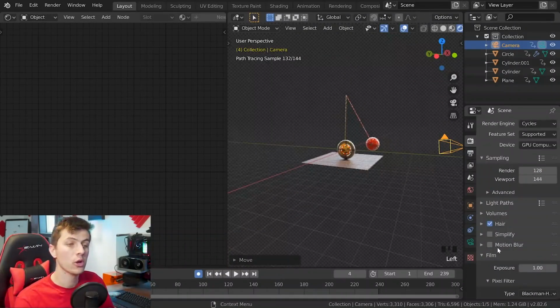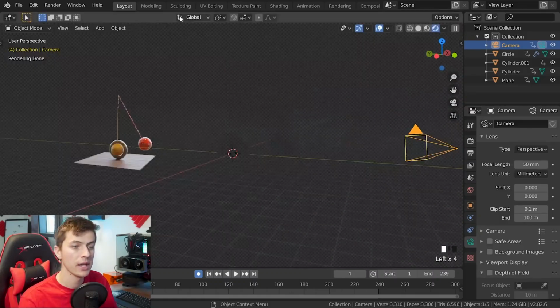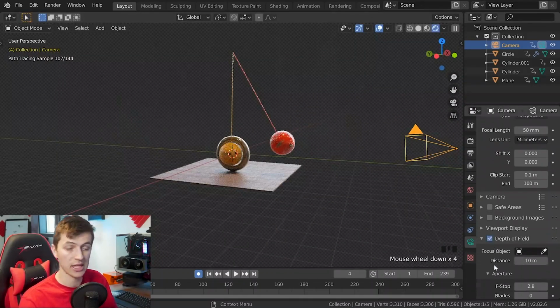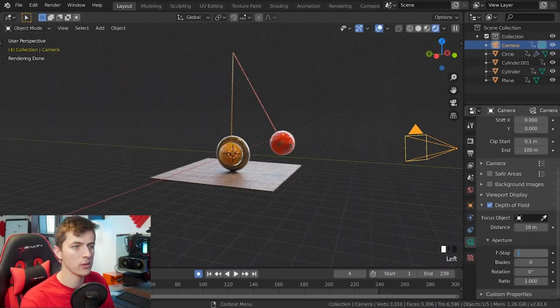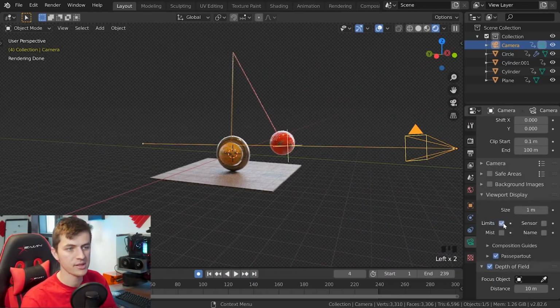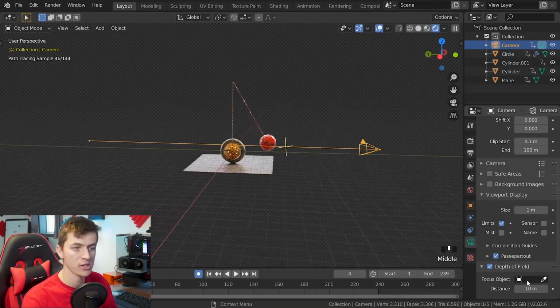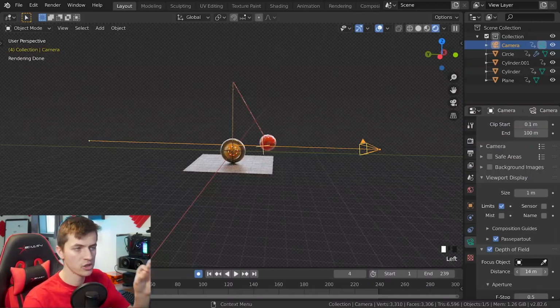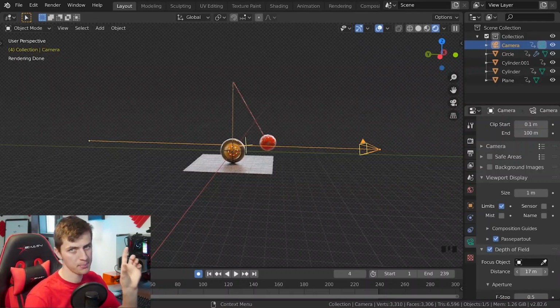And then we'll also go to our camera settings, and over on the right here we can enable depth of field and then change the f-stop down to something like a 0.5 for a nice shallow depth of field effect. If we enable limits in the viewport display, you can see that plus is going to be our focused object. So I'm just adjusting the distance here then to make sure that plus is right on our spinning cylinder, and